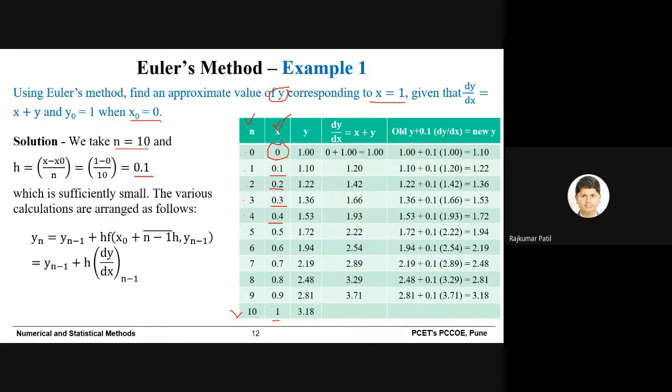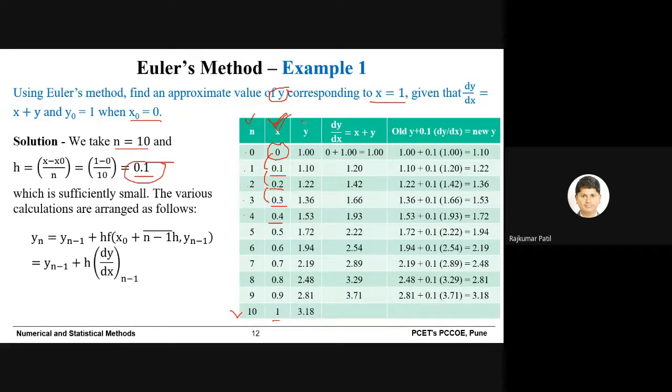So this is how you can decide the value of x, that is, x is equal to x naught plus h. And that's why if you take the difference between any two successive values of x, you will see the difference as 0.1. So this is how you can prepare column number 2.